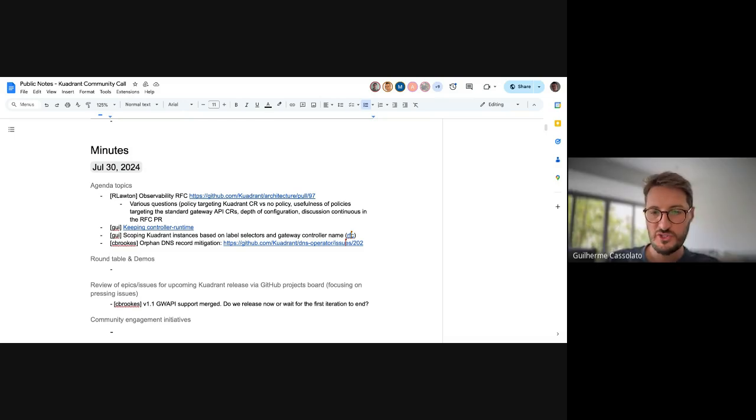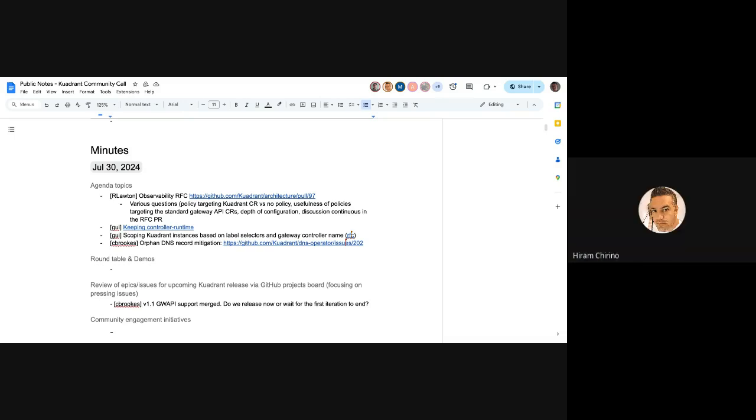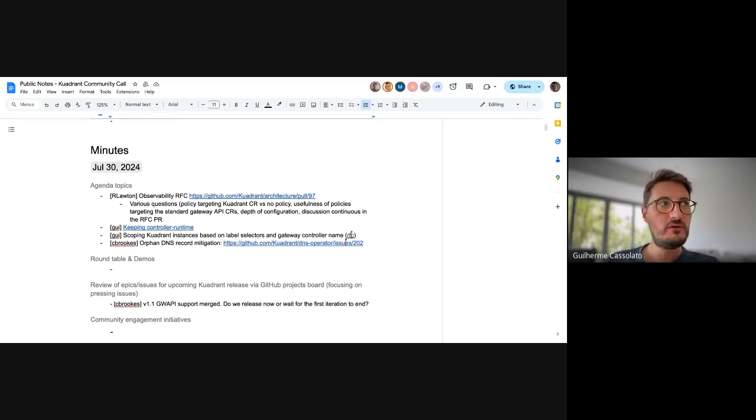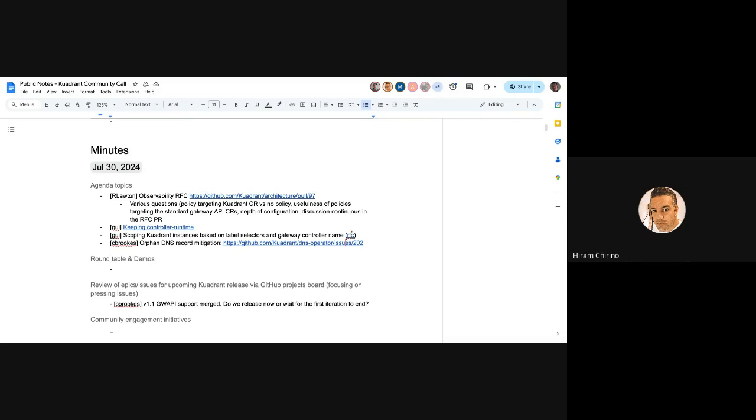When you say the 2 filters, you mean the label selectors one and the gateway classes? Yes. I do see a difference though on the label selectors in particular, because the label selector is a Kubernetes thing, right? And so they get done in different ways. Exactly. One is going to reduce your bandwidth while the other one does not, right?